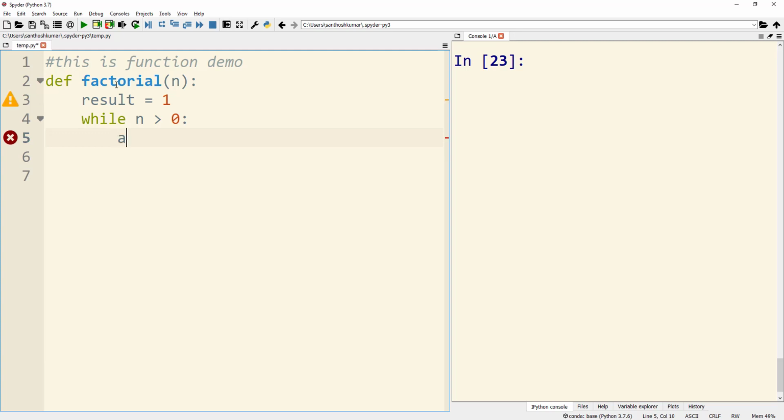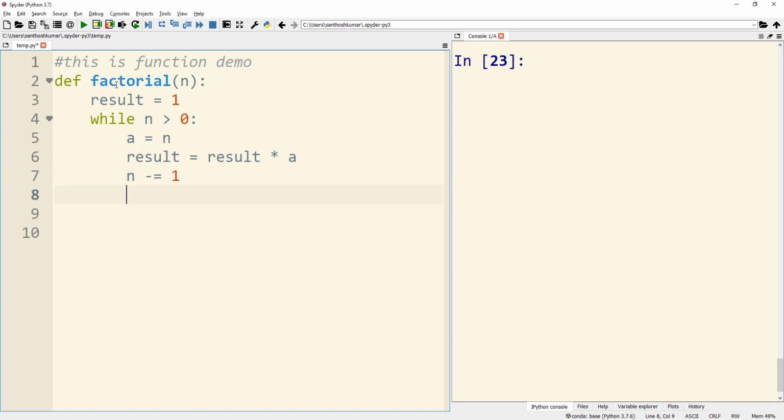And as part of the while loop I am assigning the variable n to the variable a, and then I am multiplying the value of a and the result and assigning it back to the result variable, and I am decrementing n by 1. So these three lines of code would be executed as long as the value of n is greater than 0.